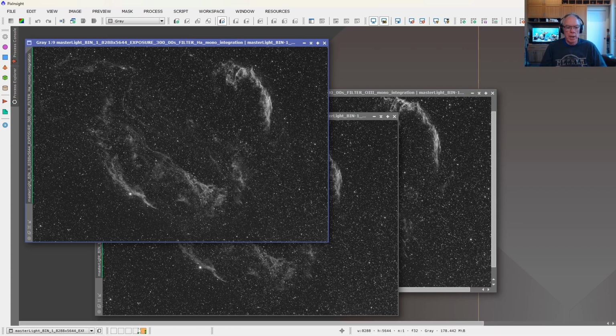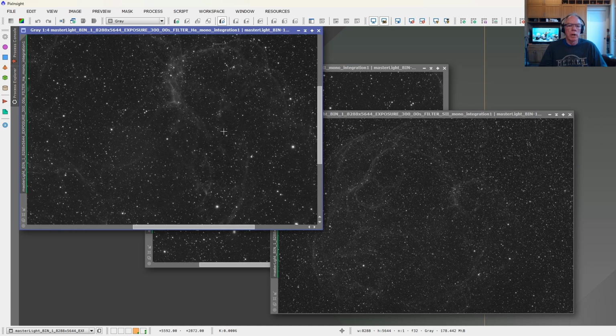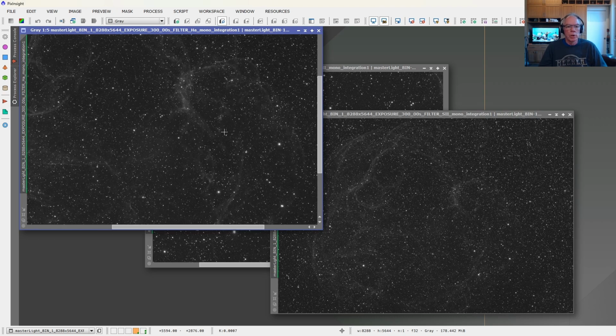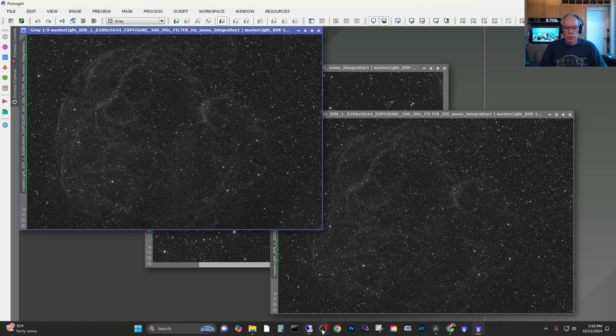The Spaghetti Nebula, in looking at the data, is a very faint object with very low surface brightness, and this is the HA here. If I go in, I'm catching some of it, but I really think that I need more time. And so this is where Target Scheduler really works for me. So let's go into Target Scheduler,